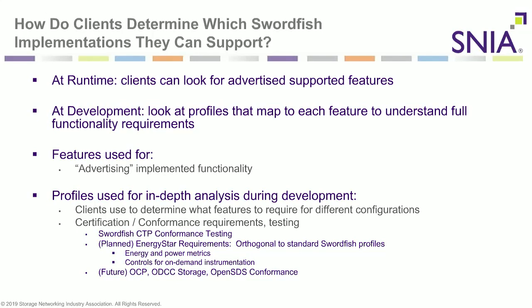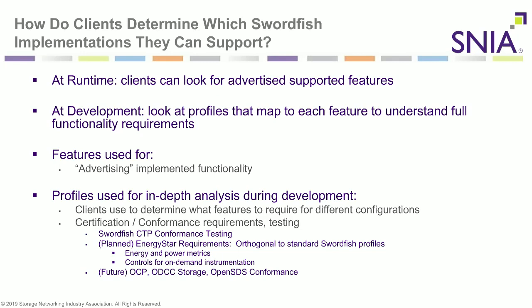And this really just highlights a lot of what I've been saying, so I'll repeat the characterization here of when and where you use these. At runtime, the clients can look for those advertised supported features. You look for those from the registry. And at development, you use those profiles for the very specific functionality to see what corresponds to, from the service